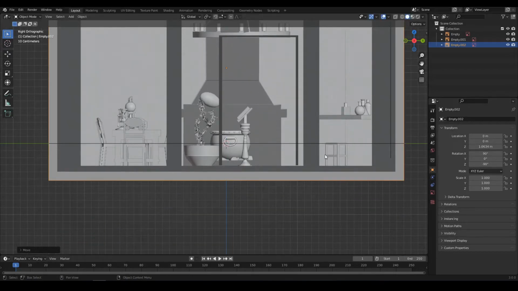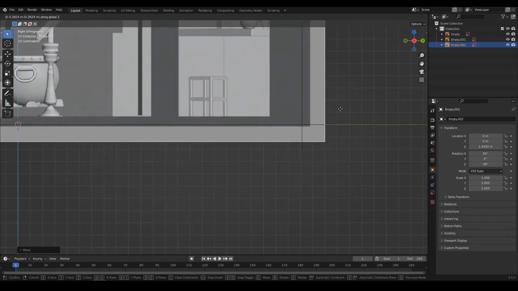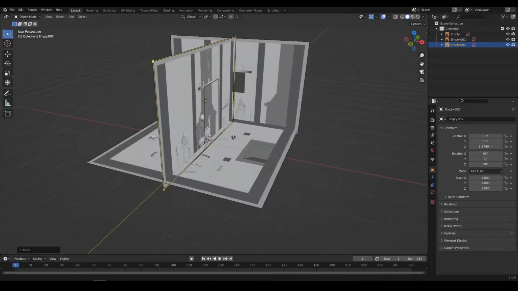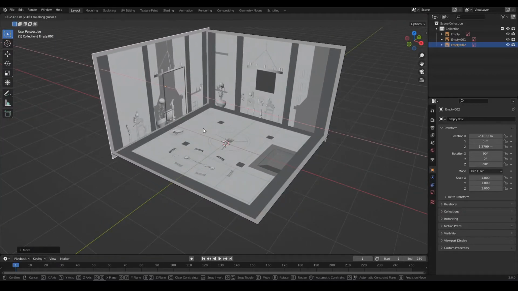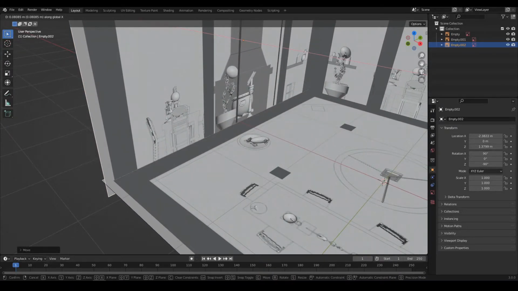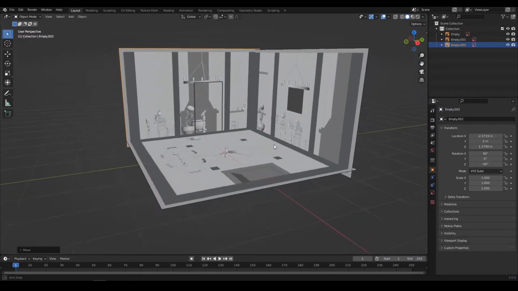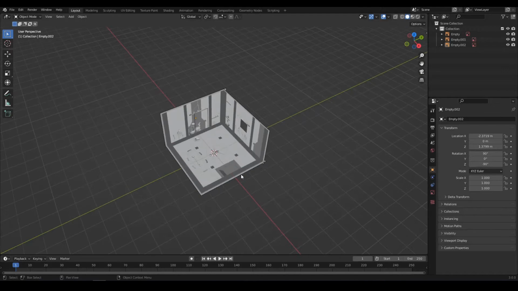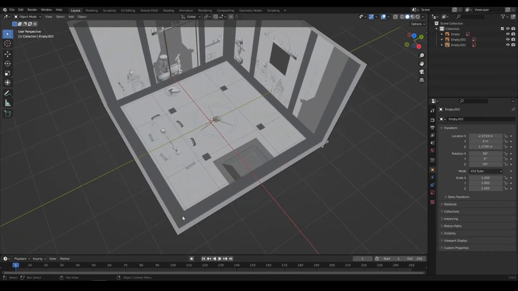Okay, let's raise it up like this, and then I can move it on the x-axis, just this way. So now we've got our interior, okay, and know that the outside walls, so what is at the bottom here